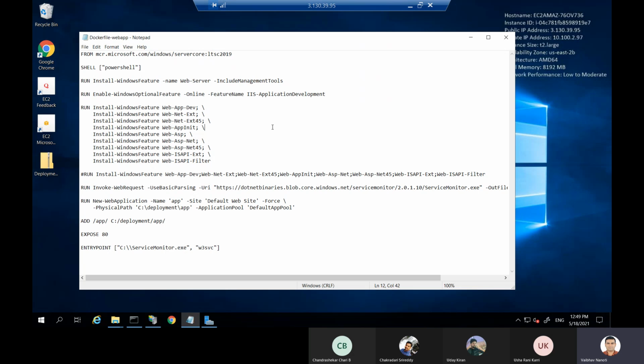When creating any IIS server and choosing options from IIS in the roles, I require AppDev, Nextech. These are all the basic requirements I need while installing IIS on Windows. That installation happens via this PowerShell scripting in this image.